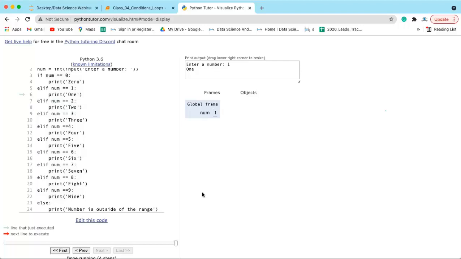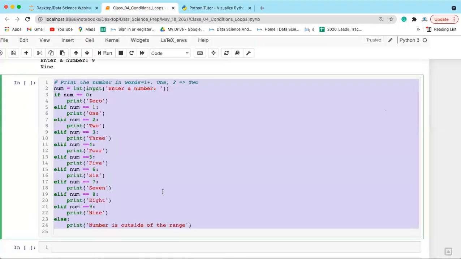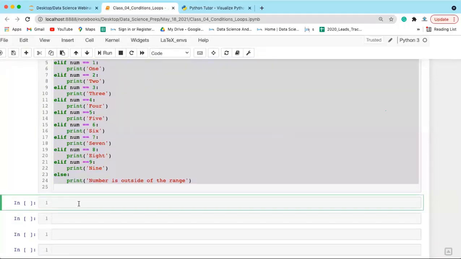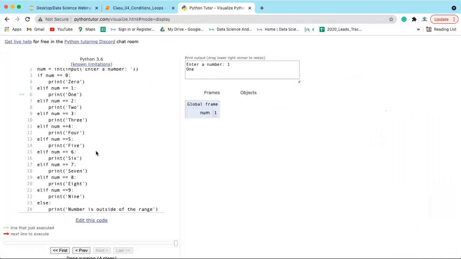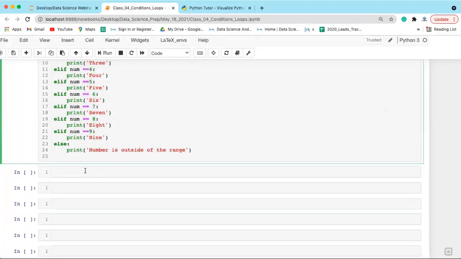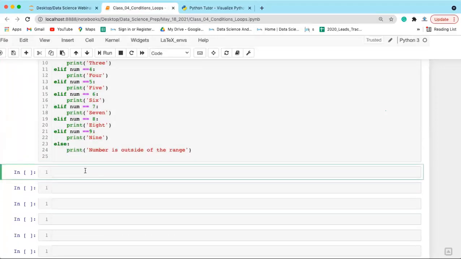Any question? So I hope you guys have understood how we can use if, elif and else. Now let's understand the for loop. What about a 2-digit number? For a 2-digit number, you can increase this program to wherever you want to go. As of now it is from 0 to 9. So you guys can write a program. I will be giving you that as an assignment, so you can write a program to design a calculator. As of now I'll be going to the for loop. So let's see the for loop.